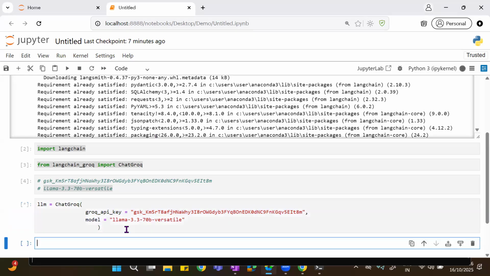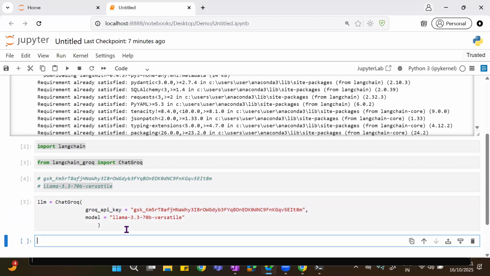Now all you have to do is run it. I'm running it. Now it is all set.